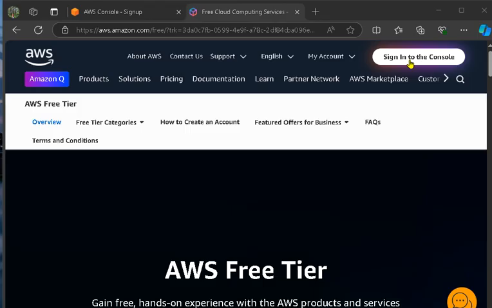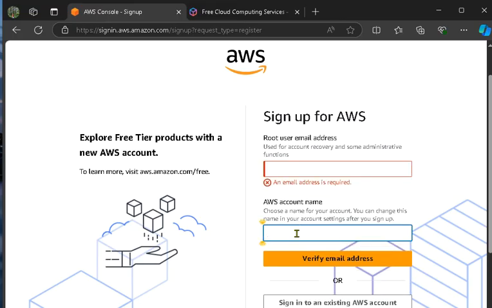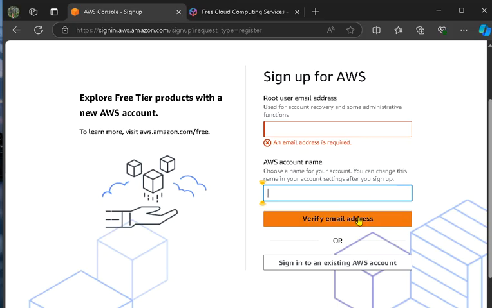After that, you will go to this window wherein you will put your email, and then the name of your account. After verifying that, fill out all the requirements or the information needed.